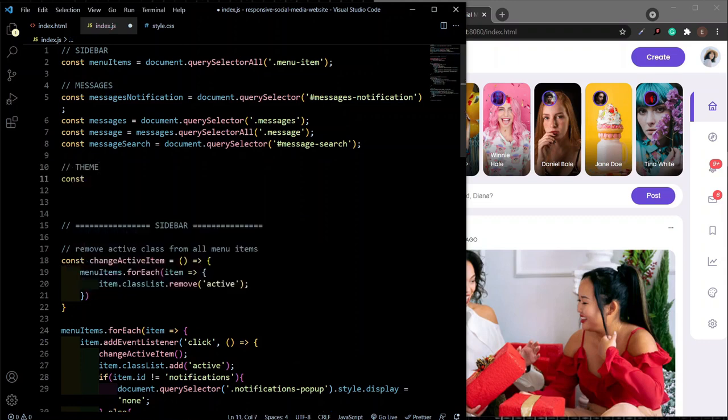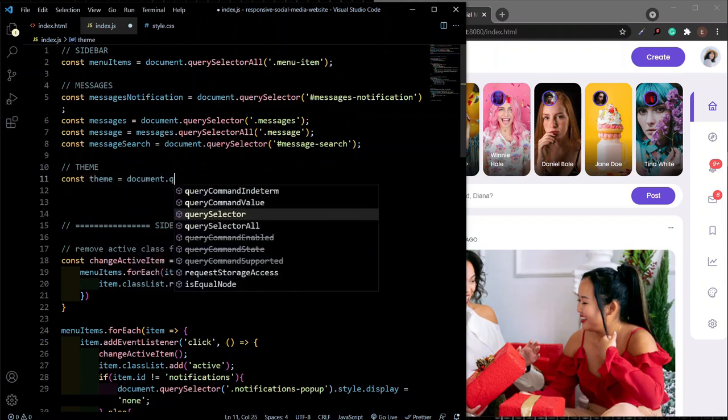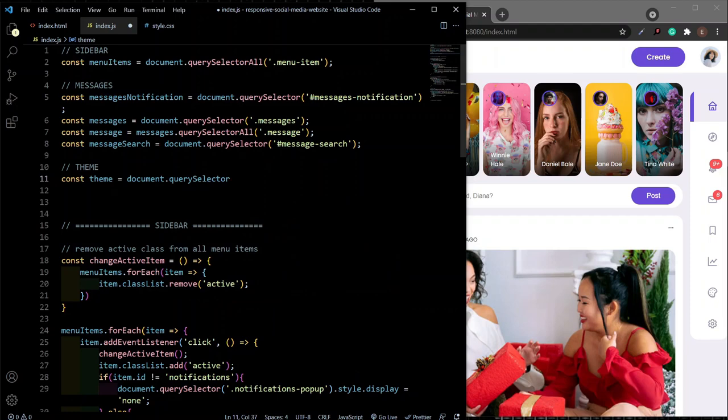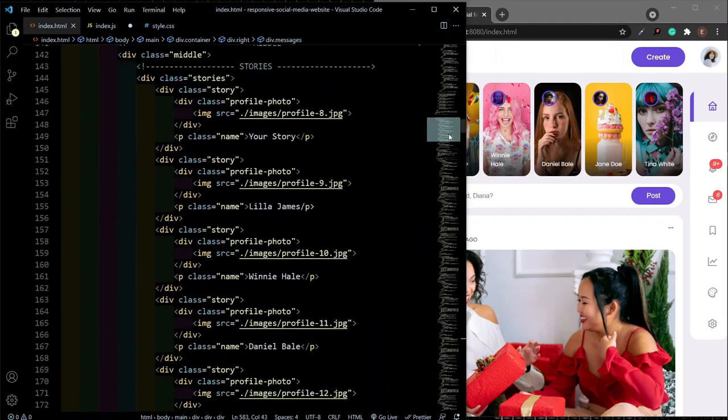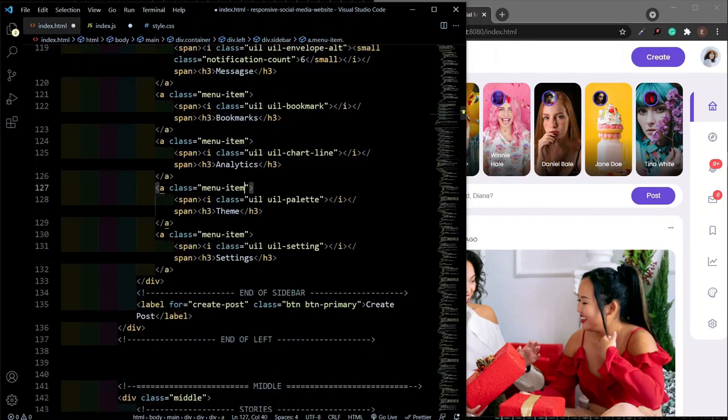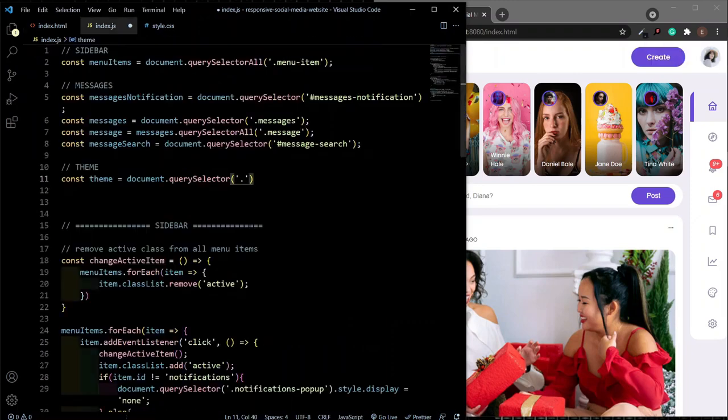So I'm going to call this theme, okay, and I'm going to grab that document dot query selector. Let me give it an ID of theme, okay. That is what I'm grabbing onto in the JavaScript. So an ID of theme,